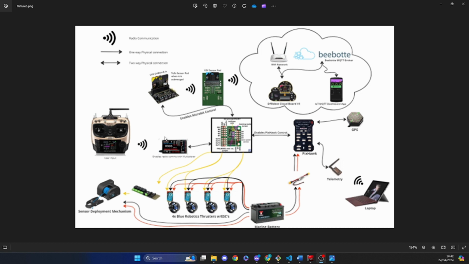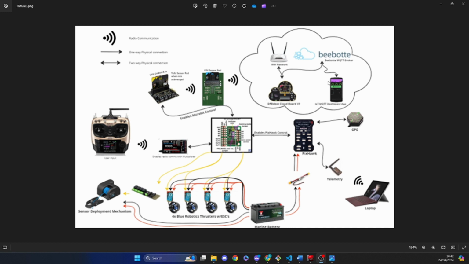mechanism. So when the microbit mode is enabled, the USV onboard.typescript is loaded onto the USV's microbit. So this tells the sensor pod when it is submerged, and when the sensor pod is resubmerged, it sends values back to the cloud board, so it goes up to the MQTT broker Bbot and back down to the app